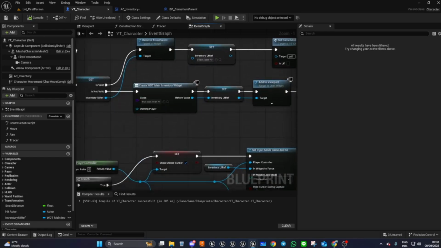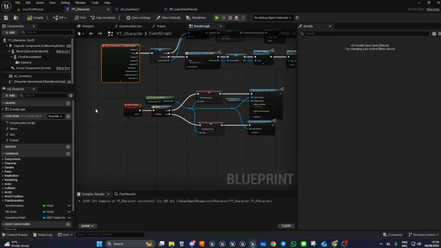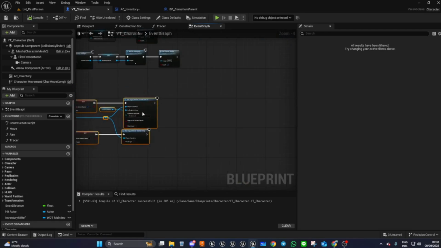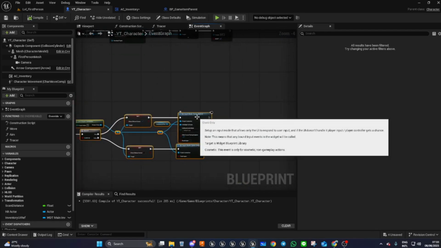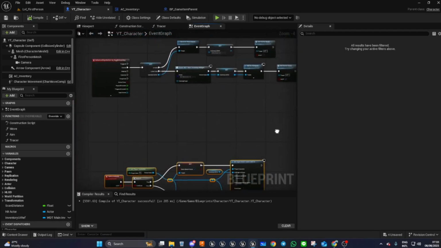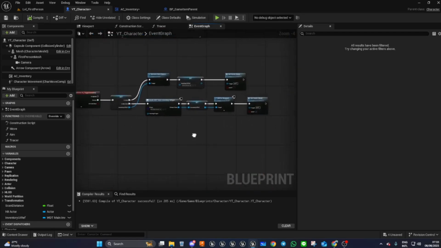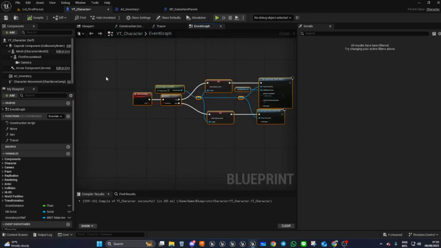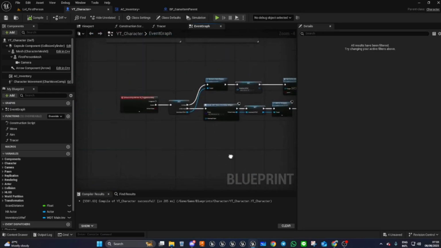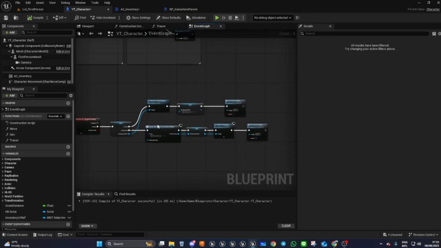So that's our toggle inventory function done, and a little helper function just to make things look a bit tidier, where I should have all of this on the end of here. Okay,